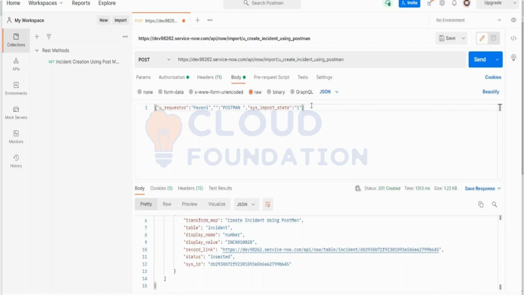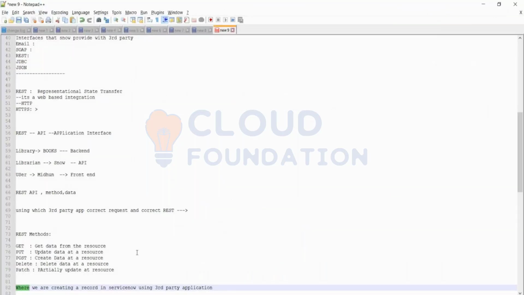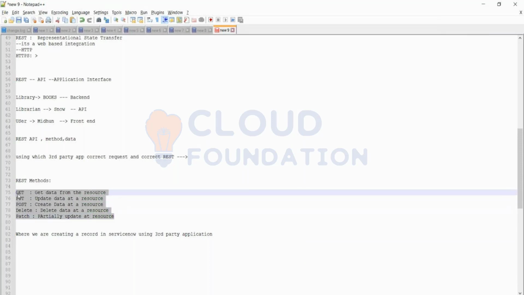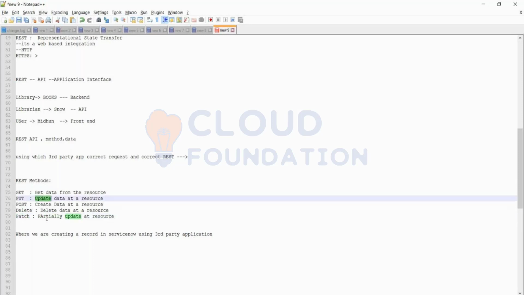Using SOAP, what will you do? You will do a patch, right? Not patch. I will do only modifications in the existing one, but in WSDL. I'm comparing that to REST. There you are using SOAP, but here I'm using the REST method, so the API call will also be different, correct? If you're matching that scenario, which method would you use? I would use PATCH, because I'm doing a partial update only. I'm not updating the entire thing, just a specific update.